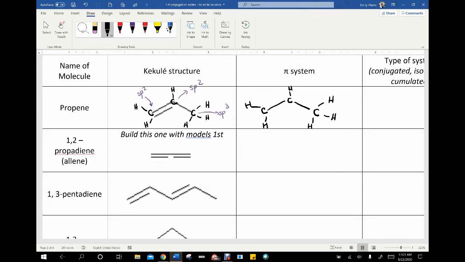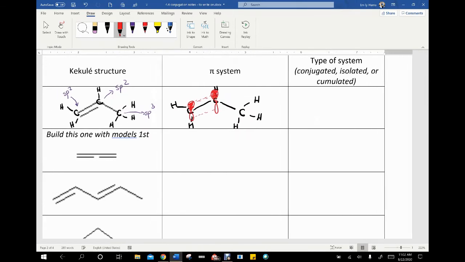those pi orbitals. So if something is sp2 hybridized, it's going to have a p orbital that is unhybridized and therefore available for pi interactions. And so let's get in the habit of shading the top half of our p orbitals and leaving the bottom half unshaded. And if we have 2 p orbitals next to each other that are in the same plane, we're going to illustrate their interactions. Do that with just some dashed lines. That'll work. And so then, once we illustrate the pi system, we say, okay, is it conjugated, which means extended